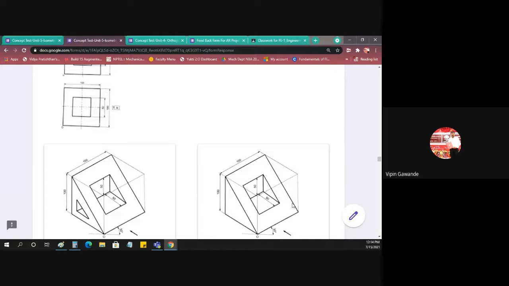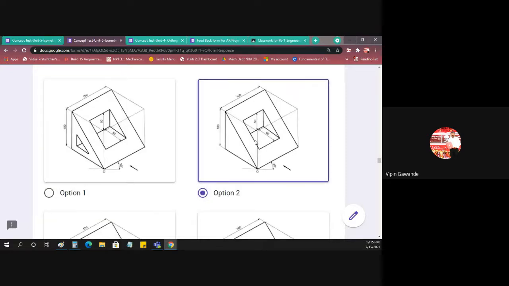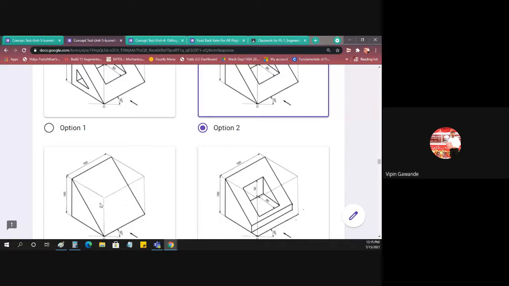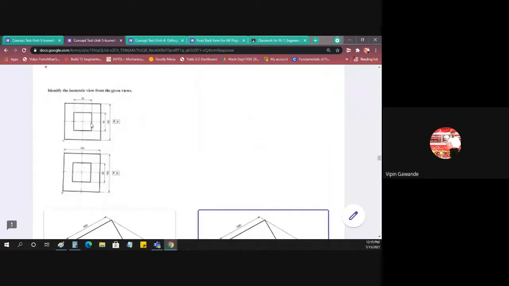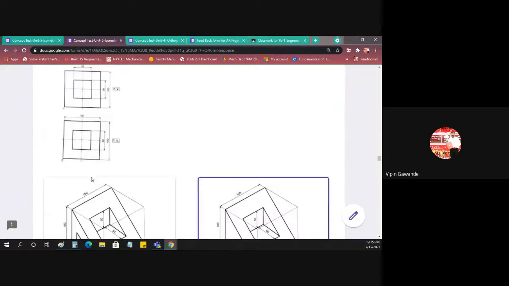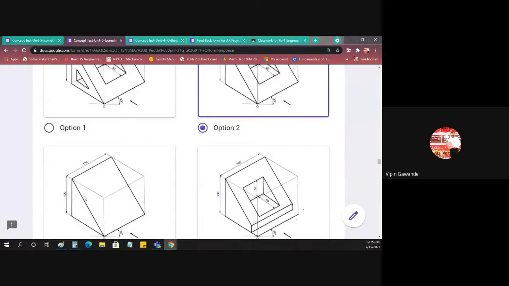So this inclined surface is one square, and this inclined surface you have to make straight in the top view. So that becomes the second square. So for this problem, this option is correct, option number 2. Why not option number 3? Because in the middle they have not shown any square, but in the problem we have the square here at the middle, but in option number 3 we don't have any square here.